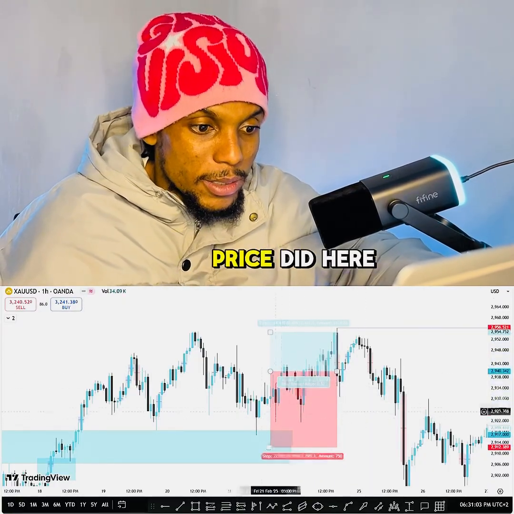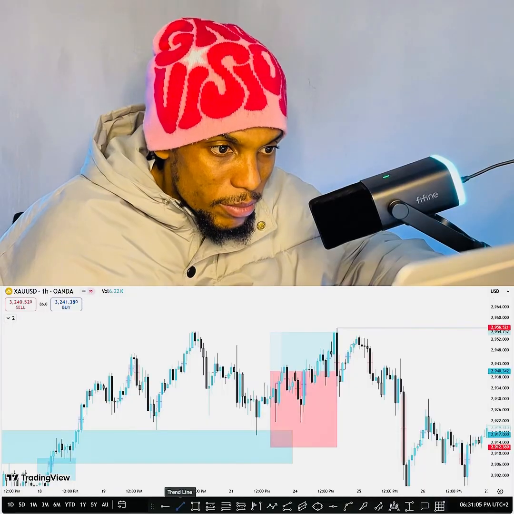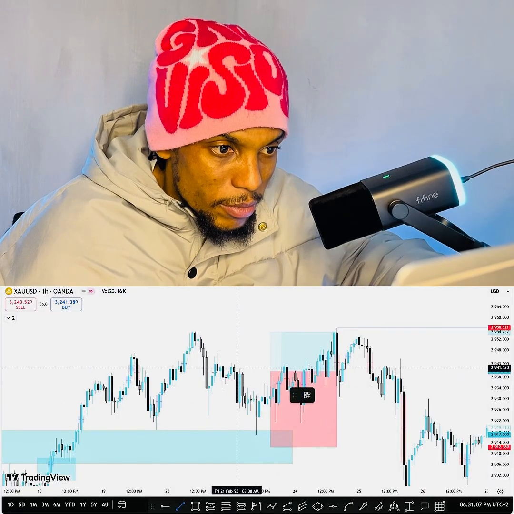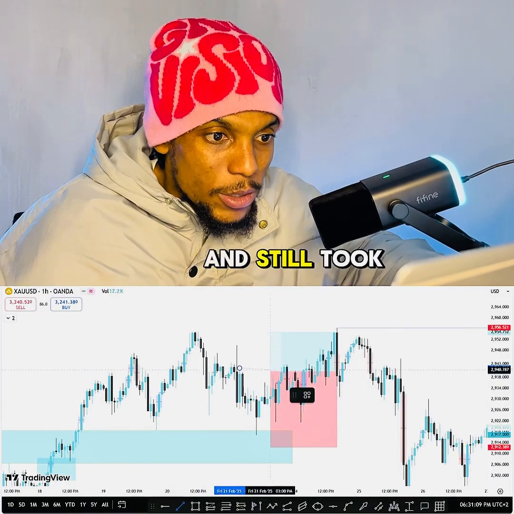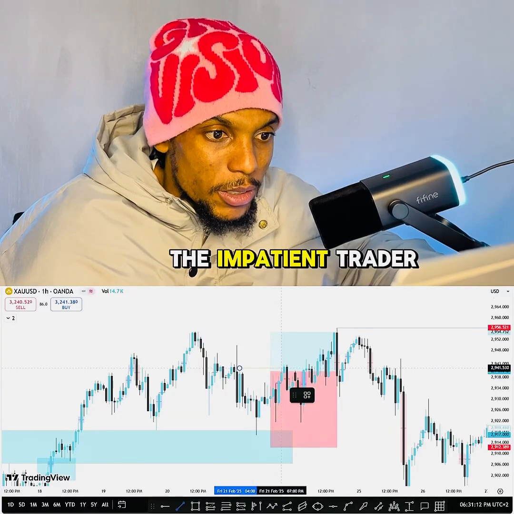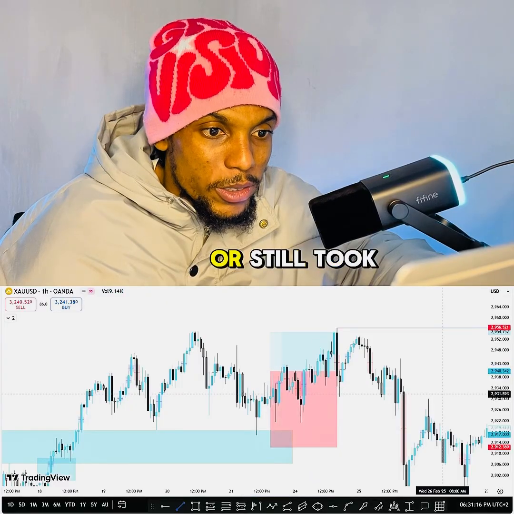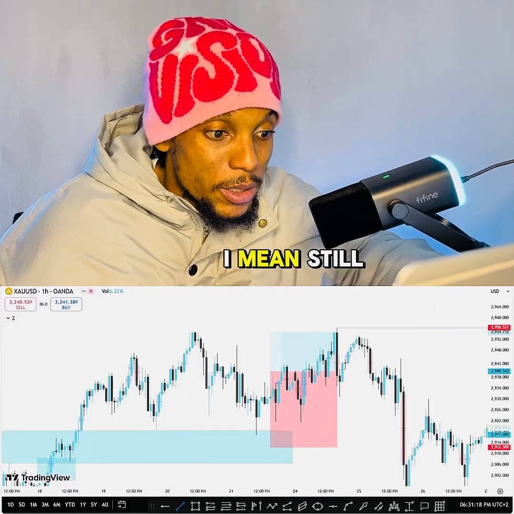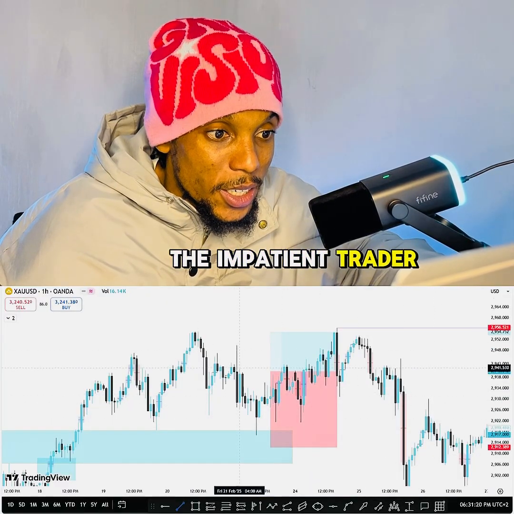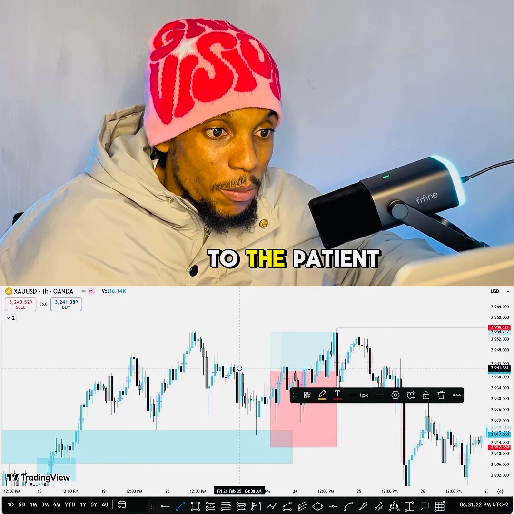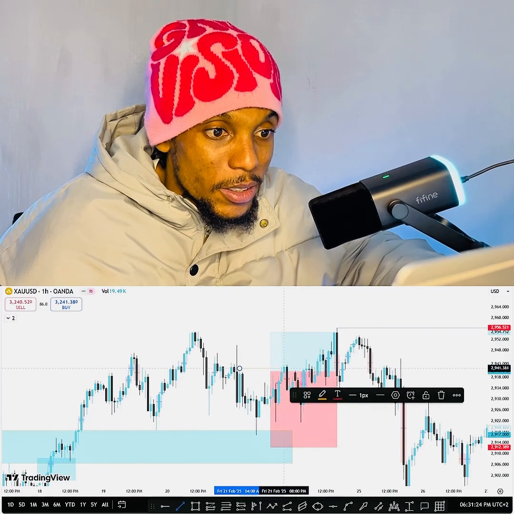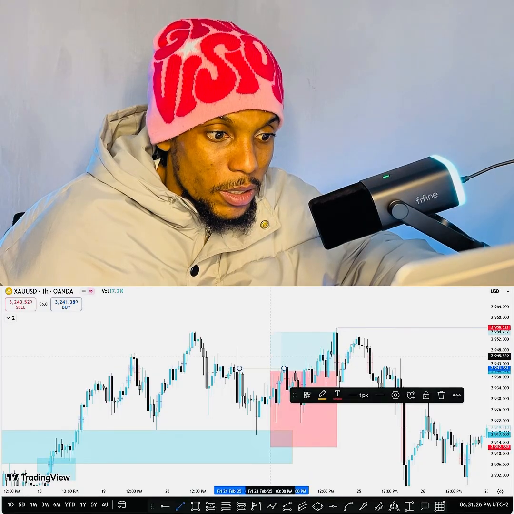So see what price did here. See what price did here and still took money from the impatient trader and then gave to the patient trader,